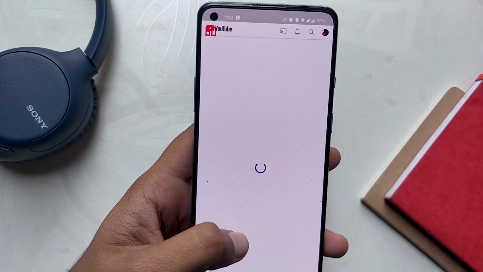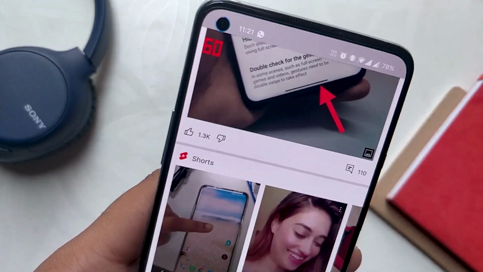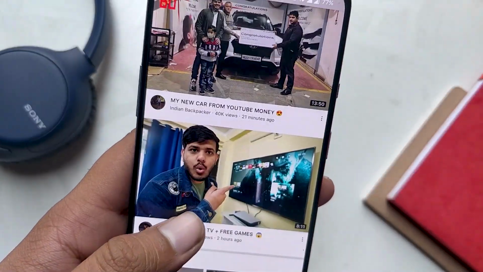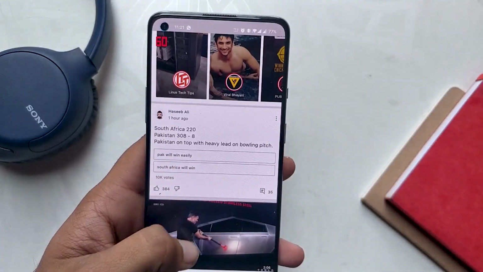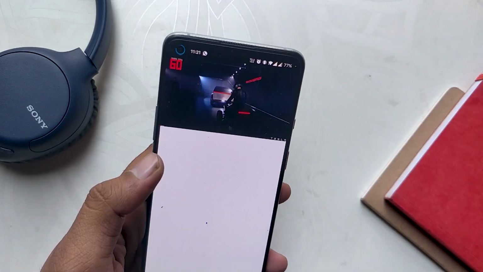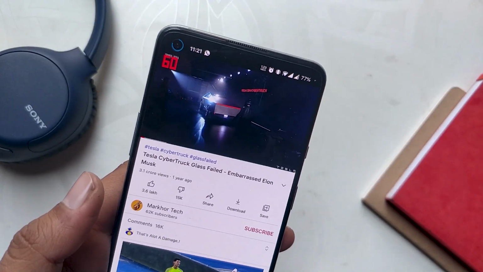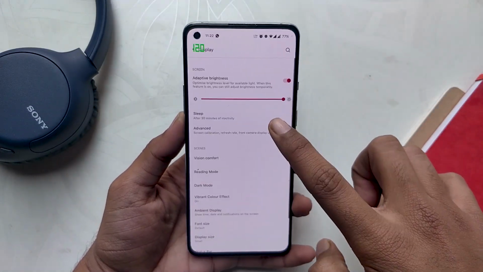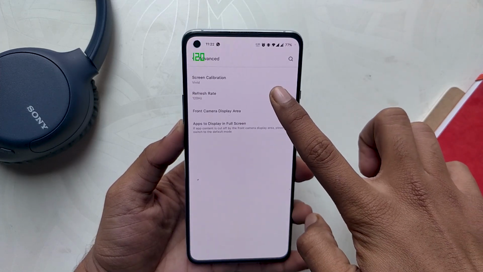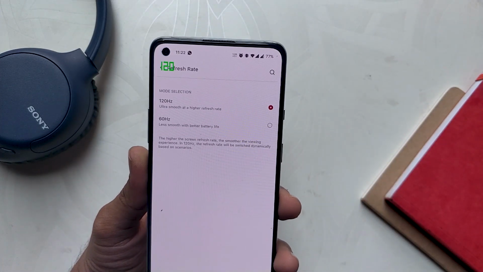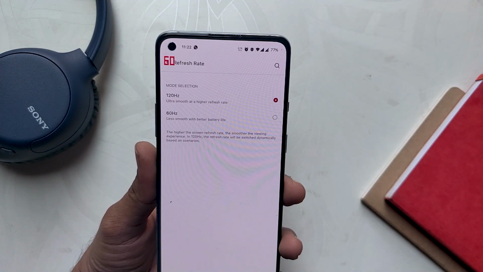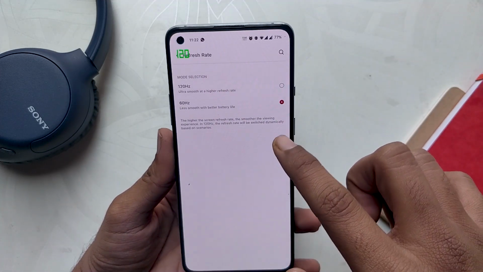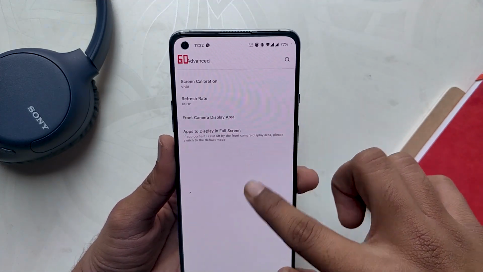Well, your refresh rate is variable and it changes with every app. For example, in apps like YouTube and PUBG, the refresh rate switches to 60Hz even though the phone supports 120Hz. So as soon as you open these apps or any game, the refresh rate of the screen drops down to 60 Hz. Another reason is that OnePlus phones with a 120 Hz screen come with two settings, either 60 Hz or 120 Hz. But PUBG demands 90 Hz to run the game at 90 FPS, and as there is no setting for 90 Hz, PUBG thinks that the phone doesn't support a high refresh rate, so the frames drop back to 60 FPS.